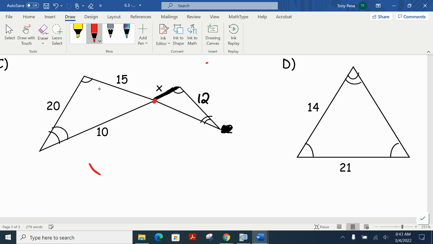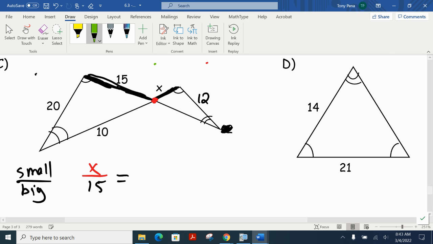I'm going to set up mine a little differently than I'm guessing other people would, just to show that it should still work. When we go to this other triangle, we want the side that goes from the single arc to where these intersect. Here is the single arc on the other side, and here's that intersection point. So the x and the 15 should be corresponding sides. And for me, I did the smaller one over the bigger one. So when I go to set up this next one,